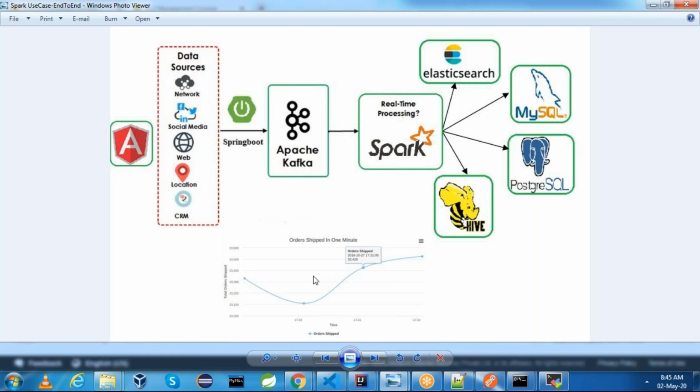In this session, I am going to discuss in detail about Spark streaming and its use cases in e-commerce application. Before going deep into Spark streaming, let us understand the scenarios in which Spark streaming can be useful. Let us say an e-commerce company like Amazon or Flipkart or Walmart wants to build a real-time analytics dashboard to optimize its inventory and operations.